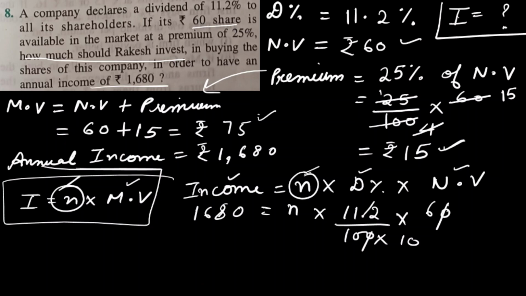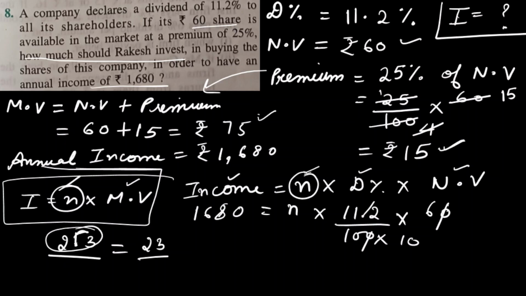I hope you know how to remove decimals. Whenever I have any digits, it's always better to remove the decimal when we are doing calculations. Suppose I have 2.3. How should I write this 2.3 without the decimal? After the decimal, how many digits are there? Only one digit is there. So that means in the denominator, we are removing the decimal from the numerator.